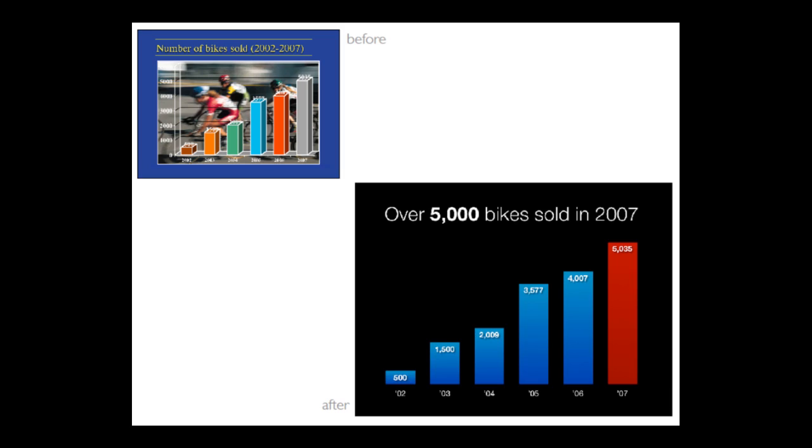Here's another example. Obviously, the information relates to bikes, and so someone thought it was a nice idea to put a picture of bikes behind the chart. But it doesn't help you understand how many bikes are sold. All it does is confuse your eye as to where the eye should look, where your interest should be drawn. So we want to keep it simple for our audience by helping them see more quickly what we're trying to say. That's the point. And simplicity is a key